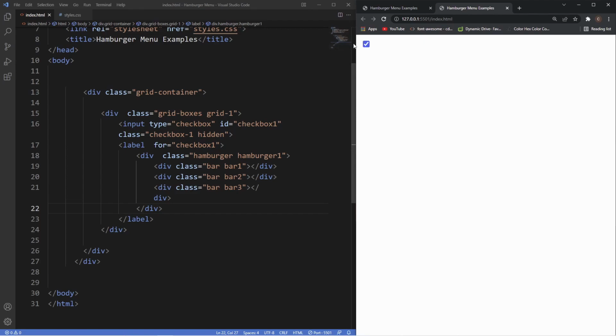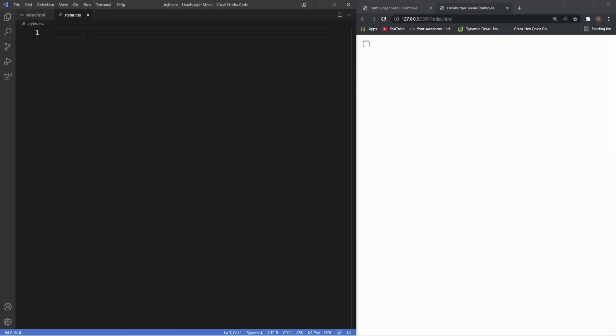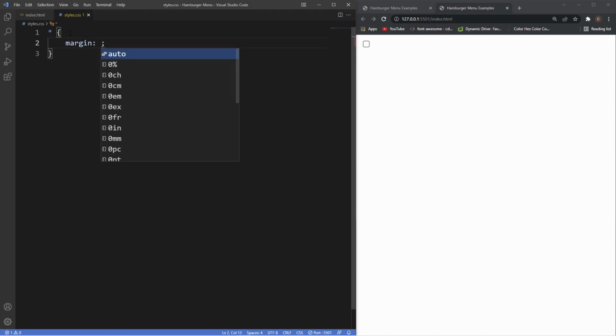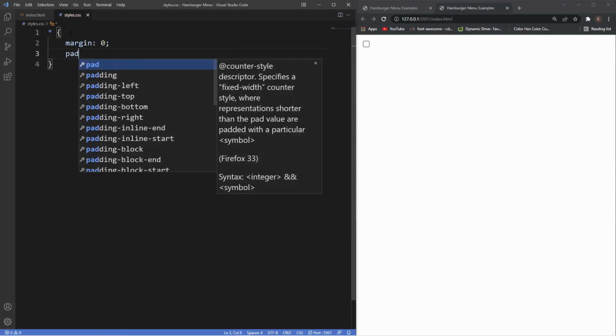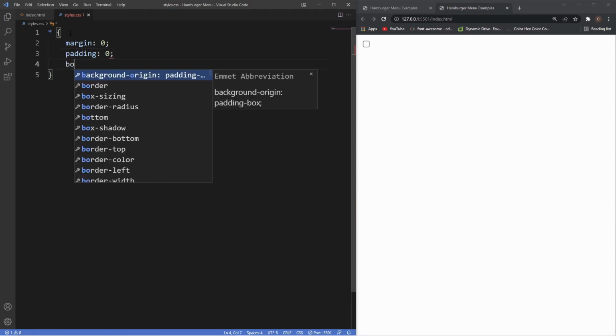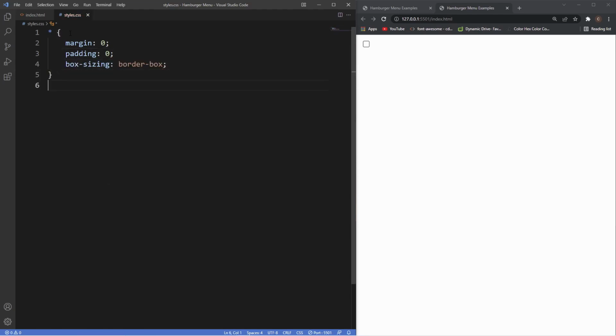And then the second state is the check state, and again we can style this however we like as well. So what we're going to do first now is head into the style sheet and create some general styles. The first thing I want to do is remove all of the margin and the padding, set the box sizing to border-box, and then we're going to grab our grid container,